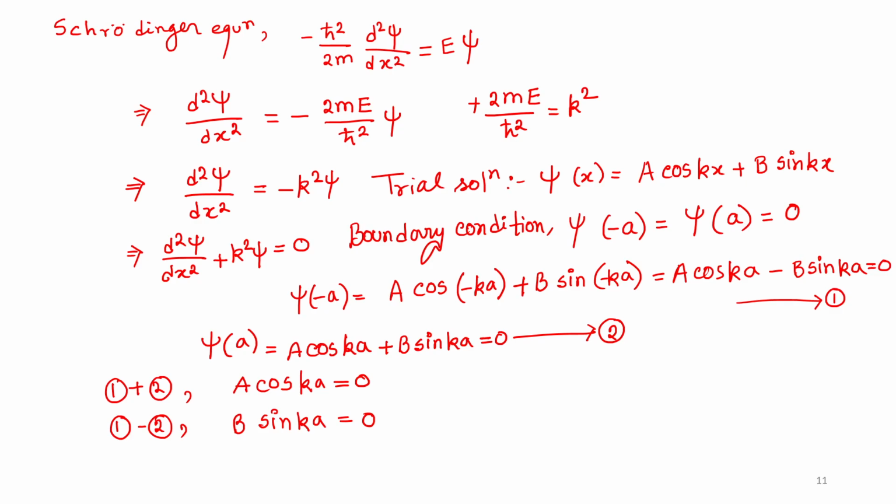Now see, we don't know the value of A, or the value of ka. A means capital A and B, and we don't know the values of the angle. So right now we cannot say anything about the values of capital A and capital B. There is a general solution for equation 3 and equation 4. Suppose I am writing this as equation 3 and this is equation 4. So the general solution would be